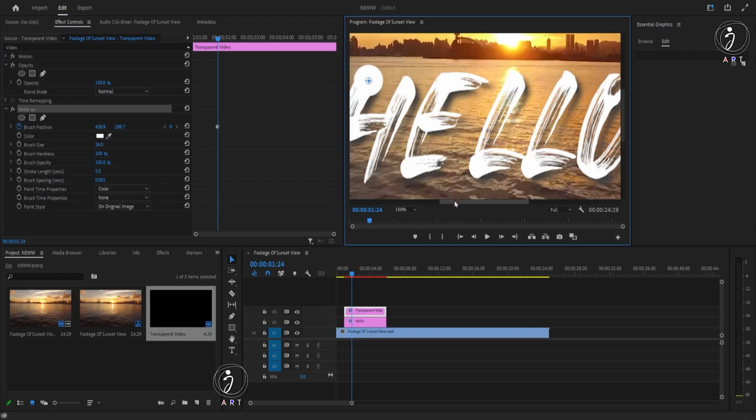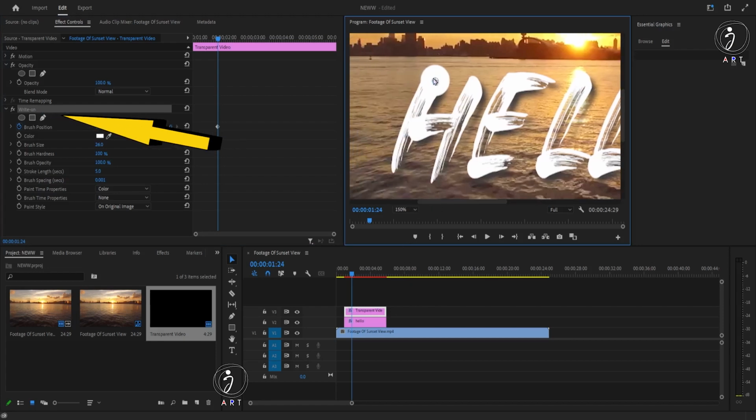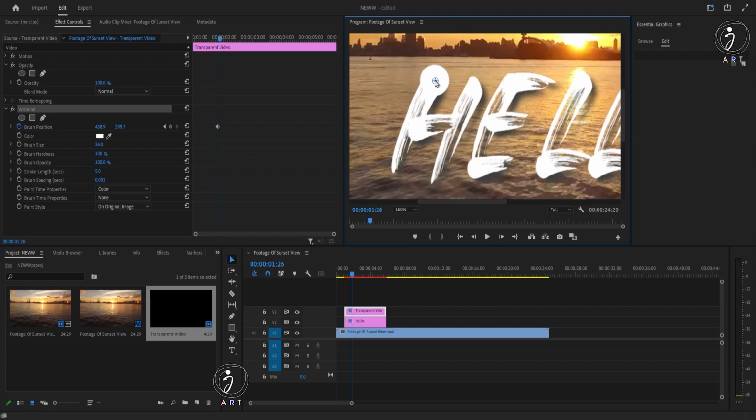Now, if you click this icon next to Write On, you should be able to freely move the white dot around. And this is the starting point of the writing. To do this, we need to enable keyframes by clicking this stopwatch icon, and then we can freely move the